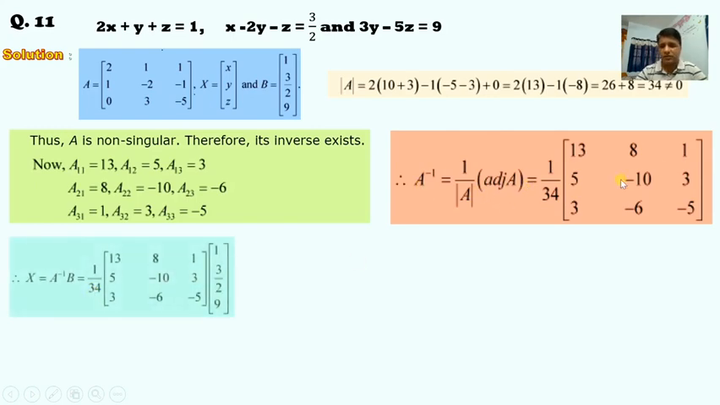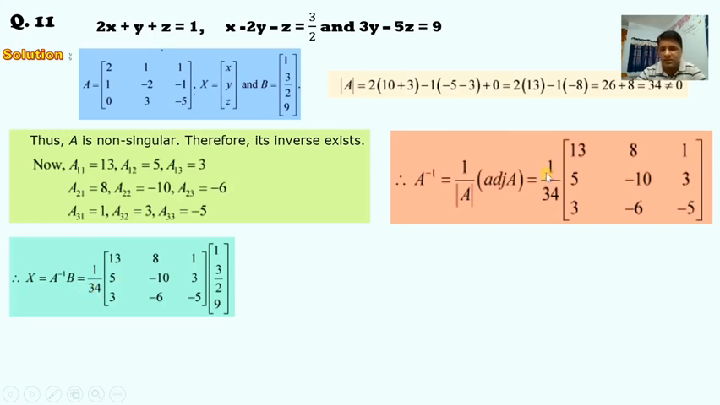Now this inverse we have already got, so now we'll go for finding the variable term, that is the value for all the variables x, y, z. So the formula is A inverse into B. B is our right hand side, 1, 3 by 2 and 9, that we have put here, and this is 1 upon 34 into,